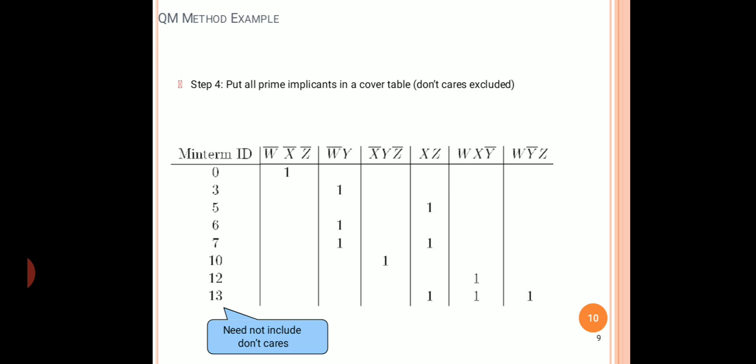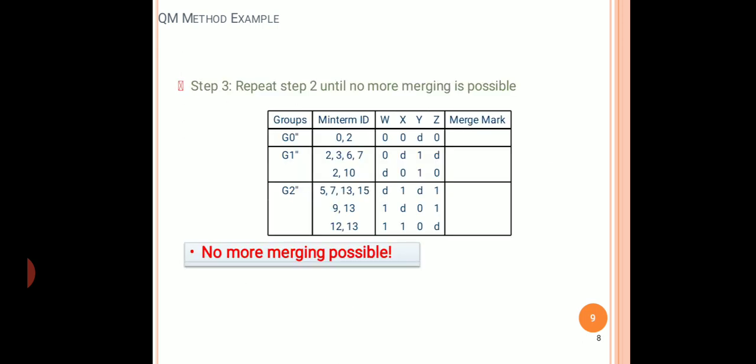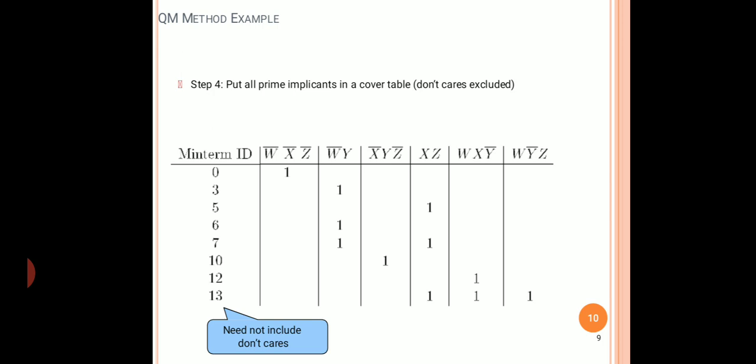What is this 1? So basically the W bar, X bar, Z bar was 0, 2. So horizontally you will observe 0, that 0 is present in 0, 2, so write there 1. Further, this will not be present in any other term. Then 3 is there in only W bar Y. Observe here 2, 3, 6, 7 at the top of the second term, that's why only 3 is present. So this is how we are writing that 1.